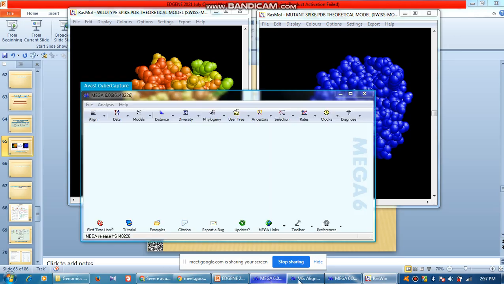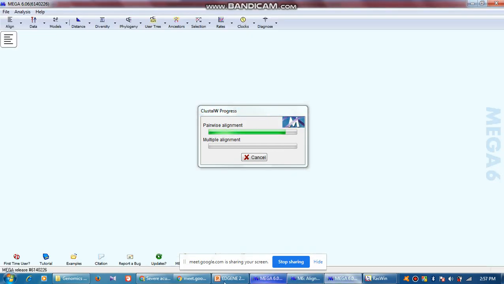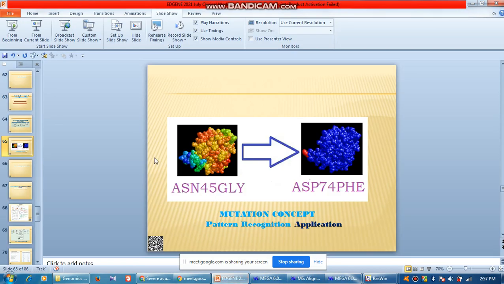In the meantime, we shall see whether the alignment is done. My goodness, we took only 18 residues. So what happens is,